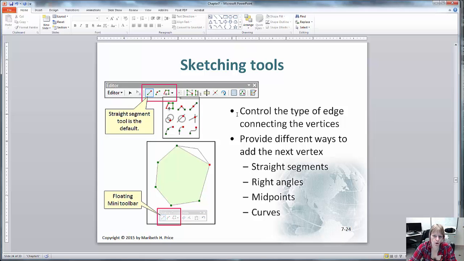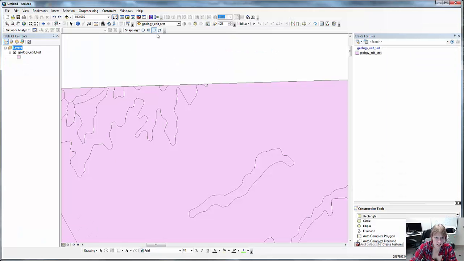So you can actually control the type of edge connecting the vertices with the different types of tools you have. Now, this is great when you have a more complex shape going on. So for example, you can do straight segments. If you need a specific angle to be really accurate, so you need exactly 90 degrees, you have a right angles function, which is this one right here. You can also do midpoints, and you can even do curved features. So if we go back here